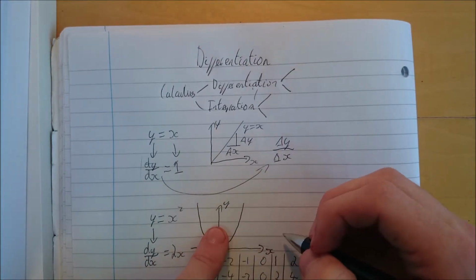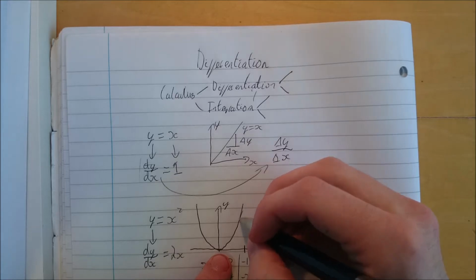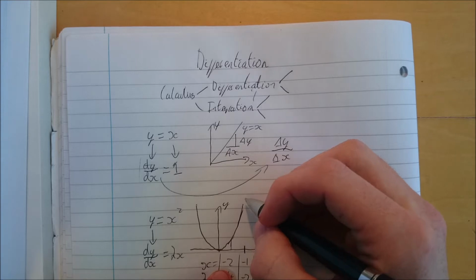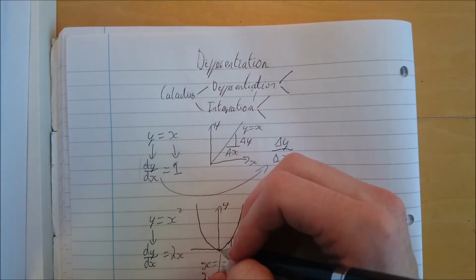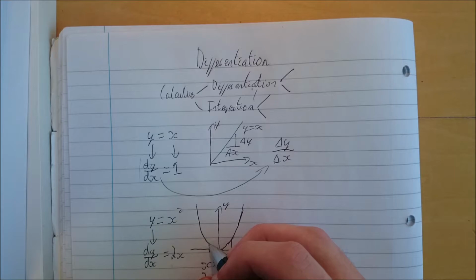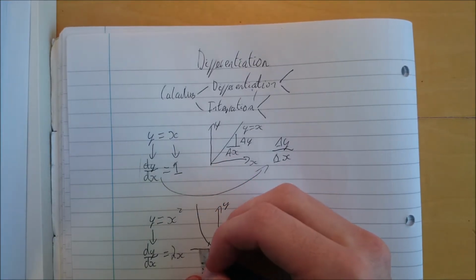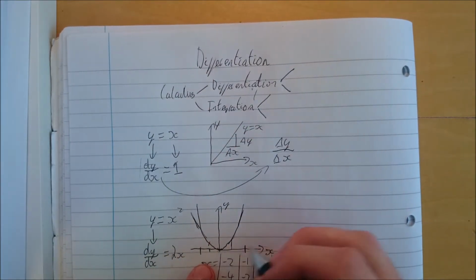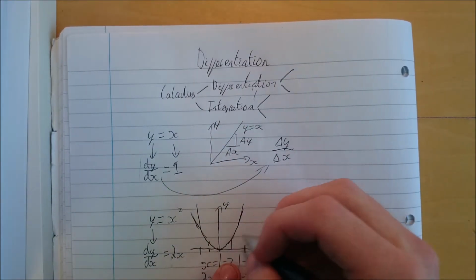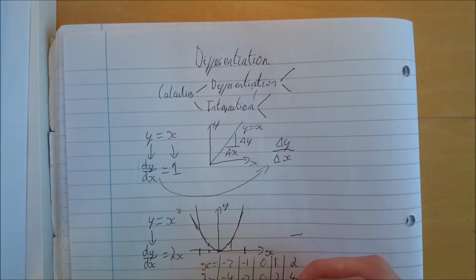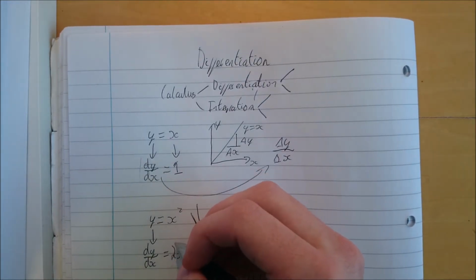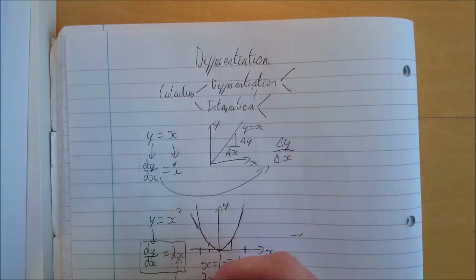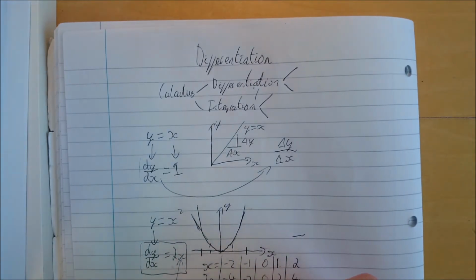So when you look at this graph and think, well, at 2, the gradient's 4. At 1, the gradient's 2, because it's a positive gradient in this direction. In this direction, there's a negative gradient. So at -1, it's a gradient of -2, sorry. And at -2 is a gradient of -4 at this point. And then obviously over here, where it crosses the y-axis, there is a gradient of 0. So the differentiation has allowed you to find an equation, the gradient function, that means you could put in any value of x, and it would give you the gradient at that point,